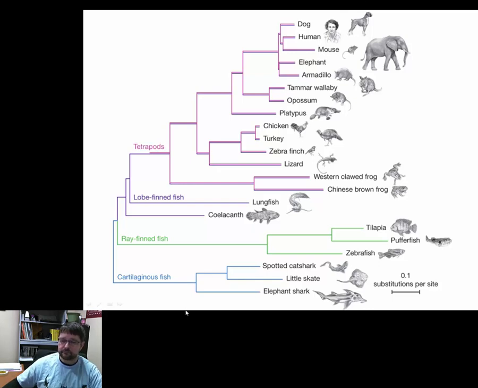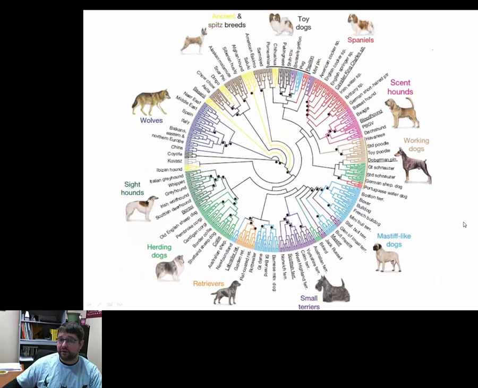So that's a pretty broad, simple phylogenetic tree. You can see it's just showing you that organisms have common ancestors. It's not showing you really any data or any distinct features that would separate those groups or how long they've been separated and things like that. But we can go more specific.